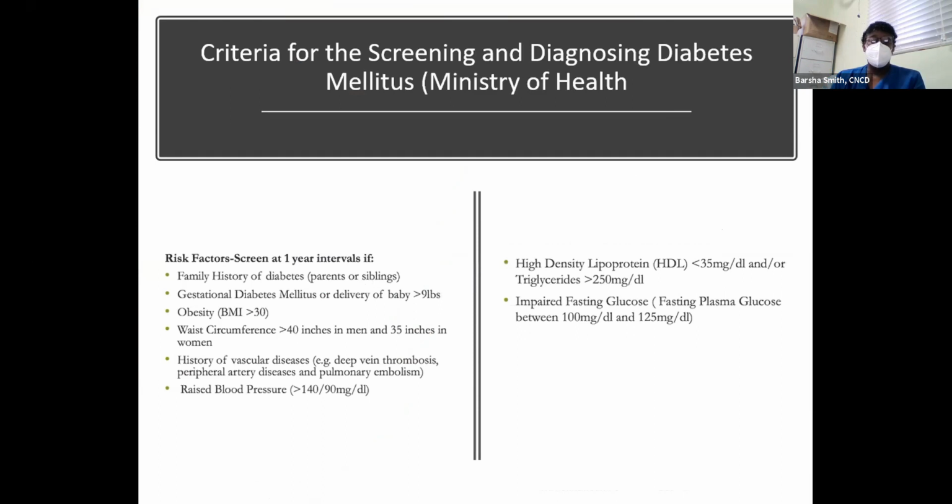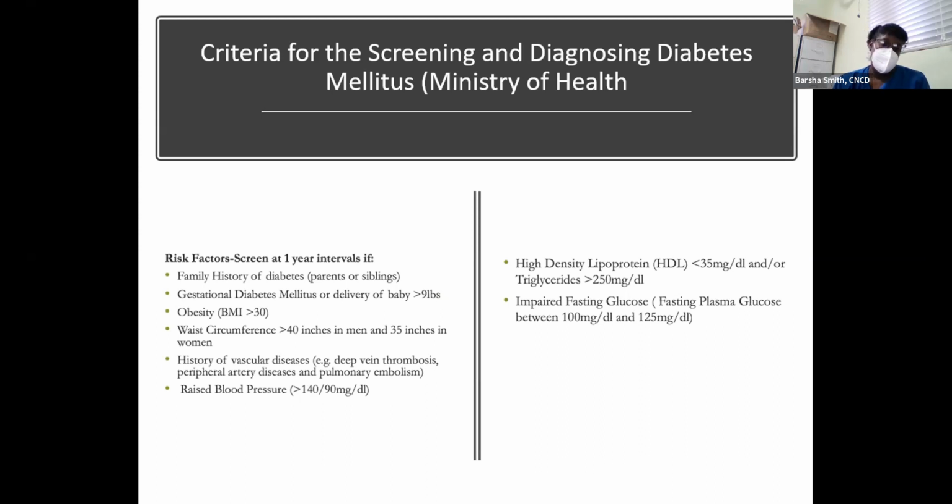So what are some of the criteria for screening for diabetes? In interviewing your patients, if you realize that they have a strong family history of diabetes, these are the persons who need to be screened annually. So they should be on your high risk